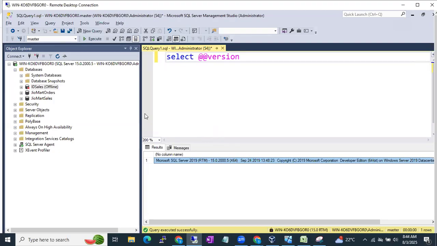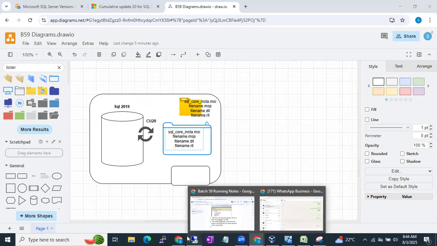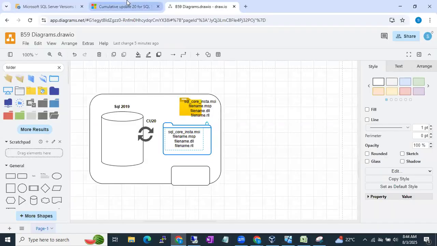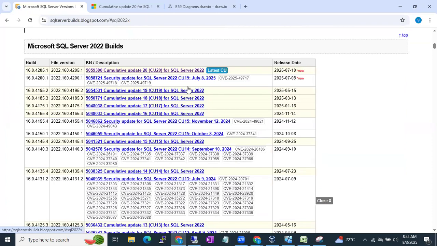So if it is partially successful, then here it will show a different number. For example, what is the last patch, guys? CU19. Okay, let's go back to this. CU19 is the last patch. What is the build number of CU19? Here you can see, if you apply the CU19 patches, the build number will change to